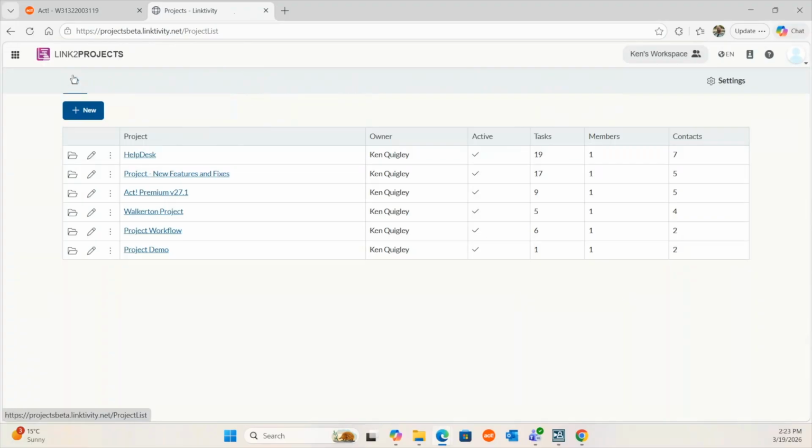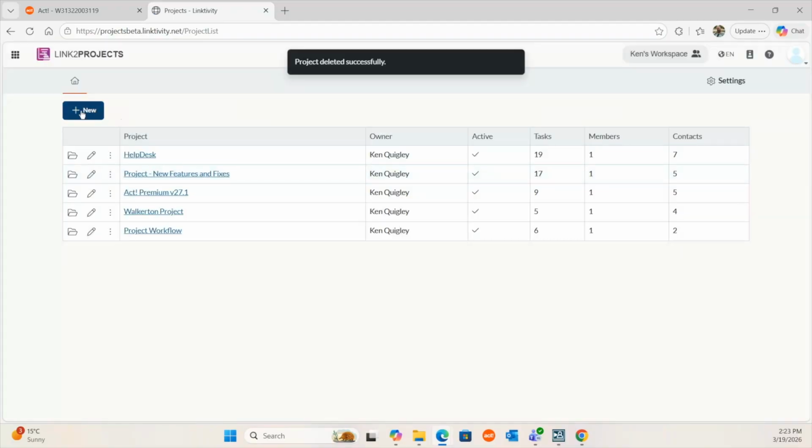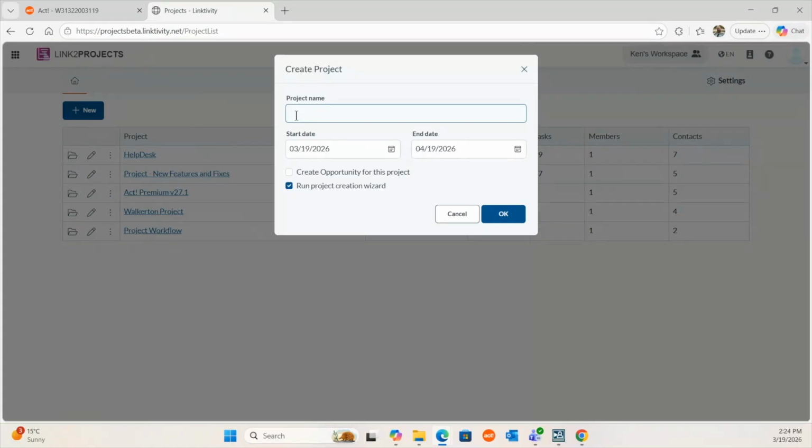Okay. And I'm going to show you a much more efficient way of doing this. So I'm just going to go in here and delete this project. It gives me the option, even though I didn't create them, it gives me the option by default. Okay. So now I'm going to click on new and I'm going to say,